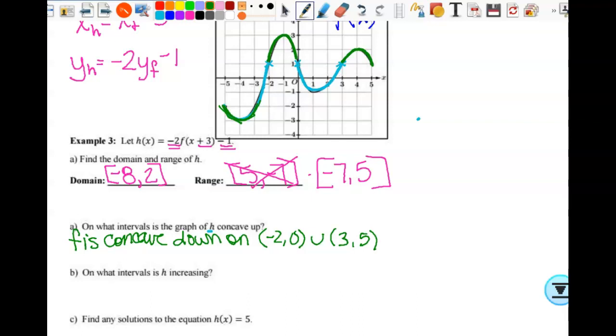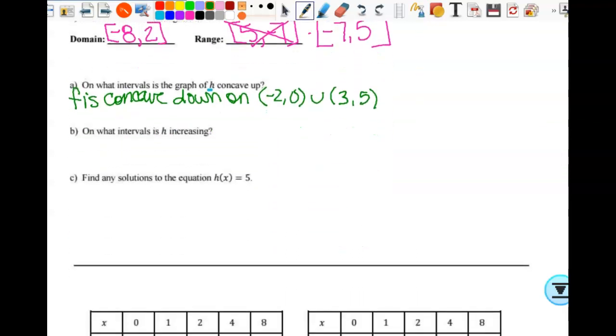Do you understand the difference? What you're asking me? Okay. Okay, so that's when F is concave down. So then we say, therefore, H is concave up